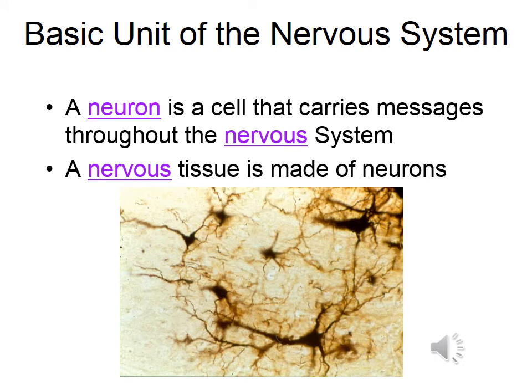So the basic unit of the nervous system is called a neuron. A neuron is basically a nerve cell. That's what it is. So we call these neurons. And they carry messages throughout the nervous system. The nervous system tissue is made up of neurons. That's what we say. And here we've got a really good picture of